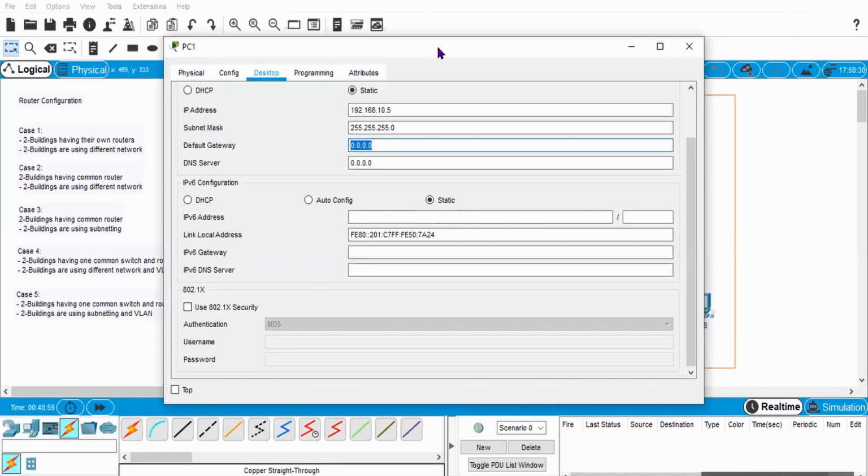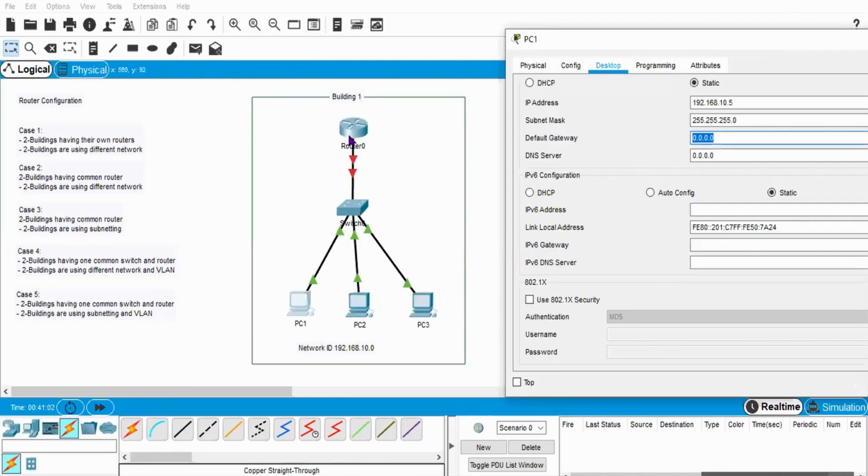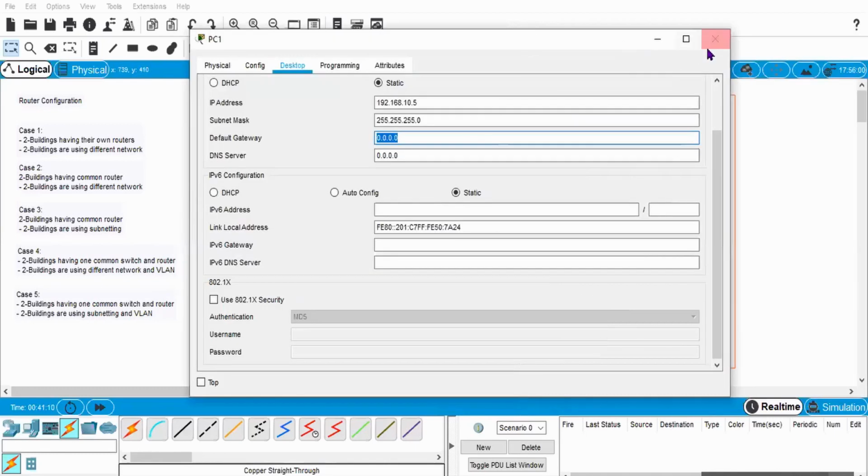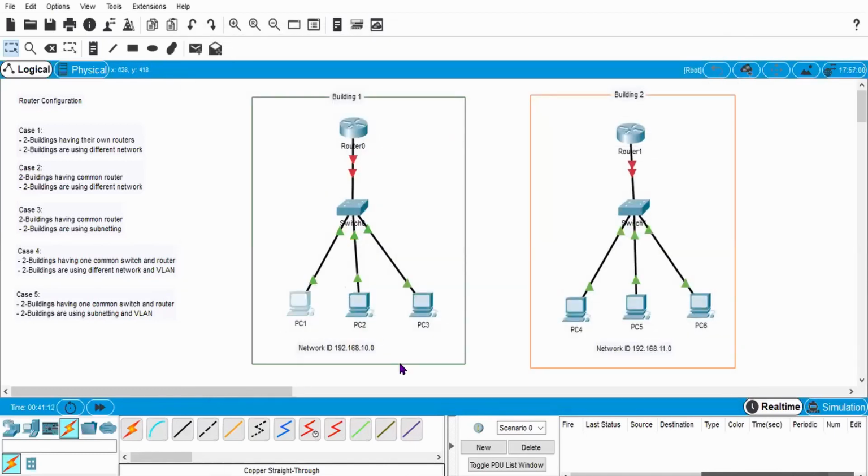This default gateway is basically the IP address of the router port under which your network is connected. By default, in practical life, we give the first address as the default gateway, but it's okay if you use other addresses also. We use the first address for the router because it's very easy to remember.